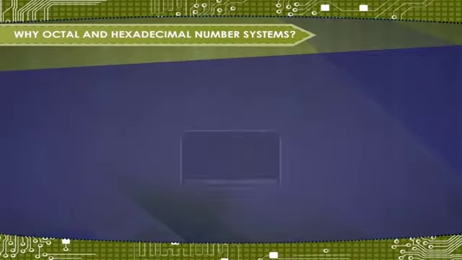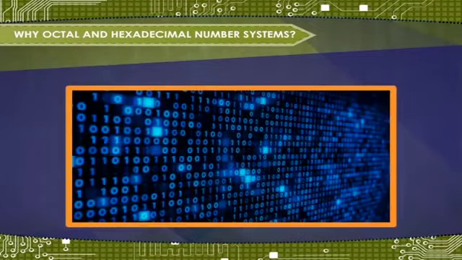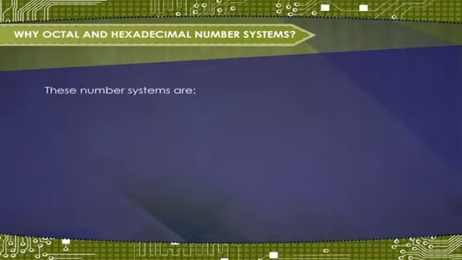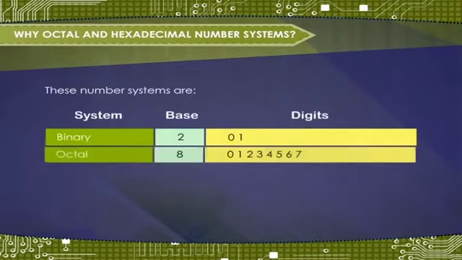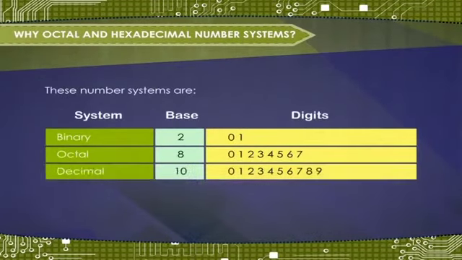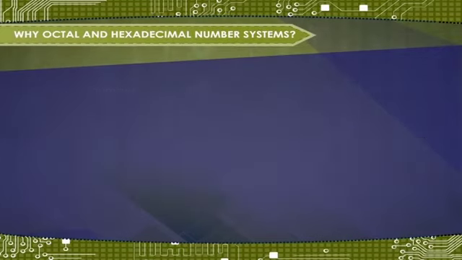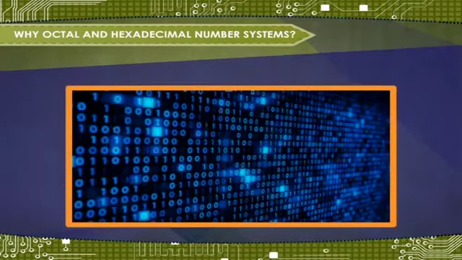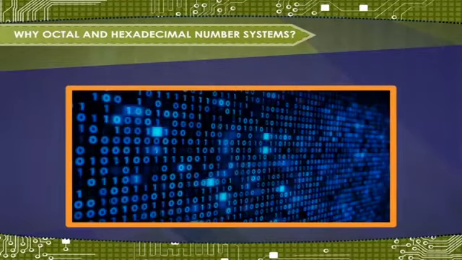This is why you need to understand the 4 most common number systems that are frequently used in computers. These number systems are binary, octal, decimal, and hexadecimal. If you have an understanding of the number systems, you will understand how the computer converts each number or character into binary and performs the required operations.